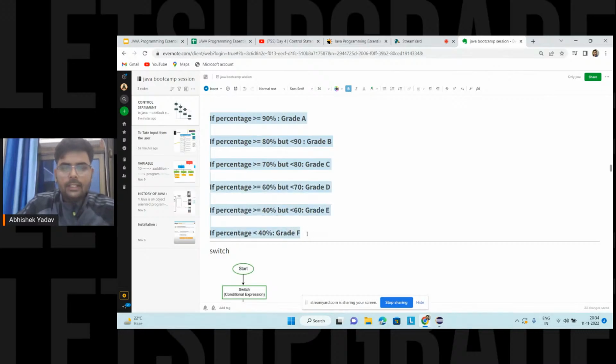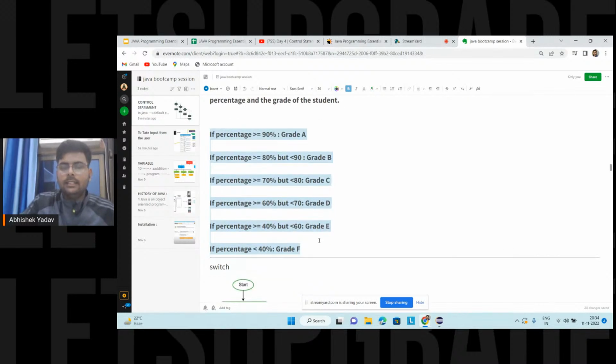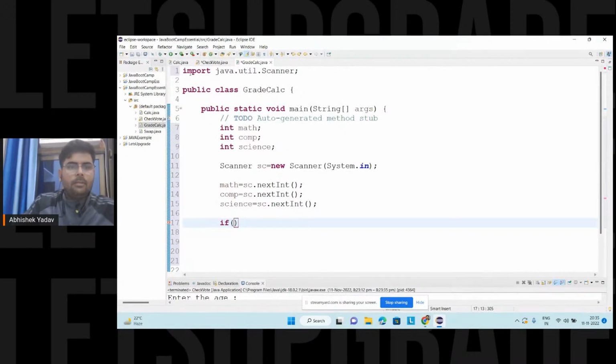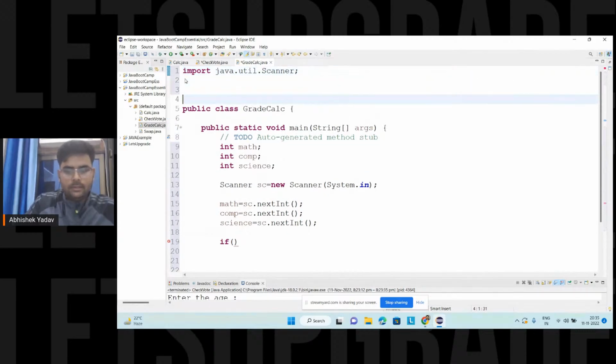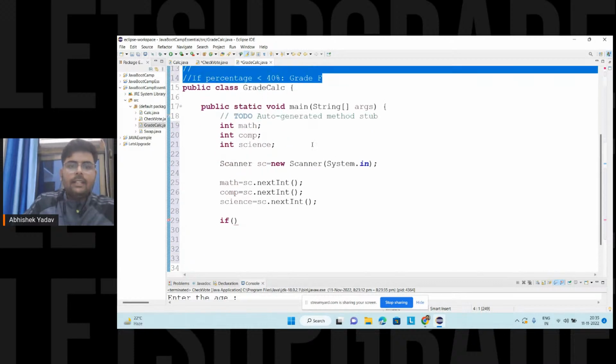Okay, I have to create a grade calculator. Again, I am repeating the question. I have to create the grade calculator, and this is the condition in order to calculate the grade. Okay, so here you can see I have multiple conditions given, and in order to handle multiple conditions and choose only one option among them, I have to use if else if. Okay, so that part I am doing here. So this is the problem statement. Copy the problem statement here and place it here. Okay, and after that, what I am saying, in order to calculate the percentage of a student,